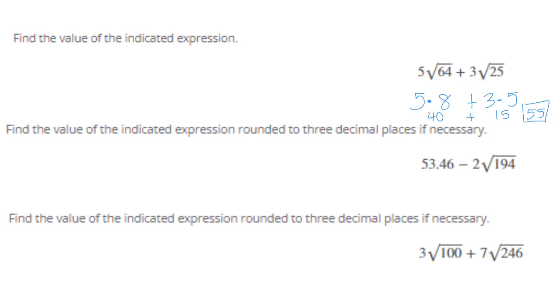So what you're going to do here, and remember that this course is kind of a tricky one because you do get to use a calculator for some problems and not for others. Well, for square roots that are not perfect squares and they're asking you to round to 3 decimal places, that's a clue that you're supposed to be using your calculator on that. So if you're using the standard TI 30X2S that you're supposed to have access to, because that's what you'll get on the test,